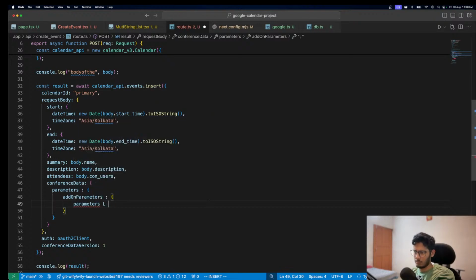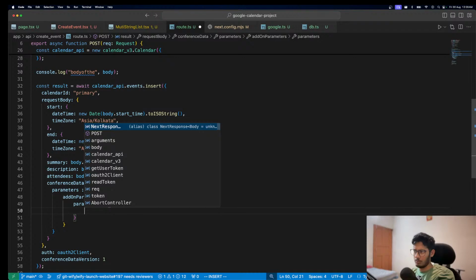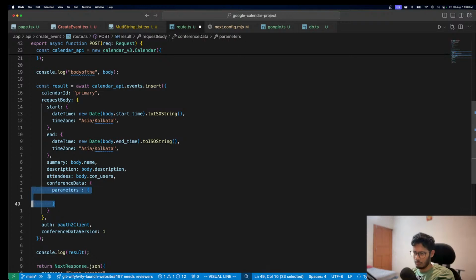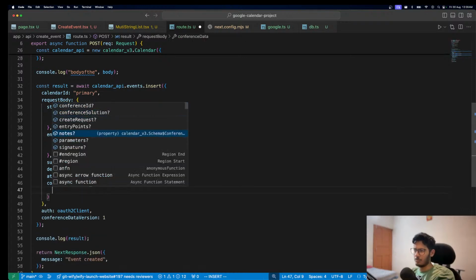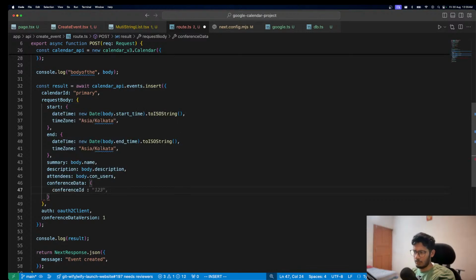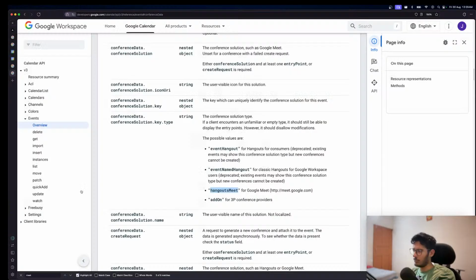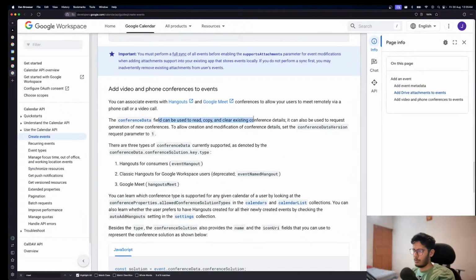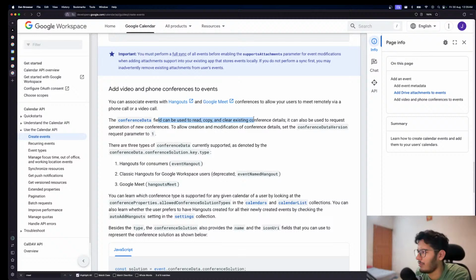Parameters. How? Oh, that's stupid. Parameters, notes, entry points, conference ID. I don't have a conference ID, bro. What do you mean? How will I have a conference ID? I just want to create. I just want you to create a conference data. The conference data field can be used to copy existing conference detail. It can also be used to request generation of a new conference, to allow creation, version 1. There are 3 types of conference data currently supported, as denoted. Conference data